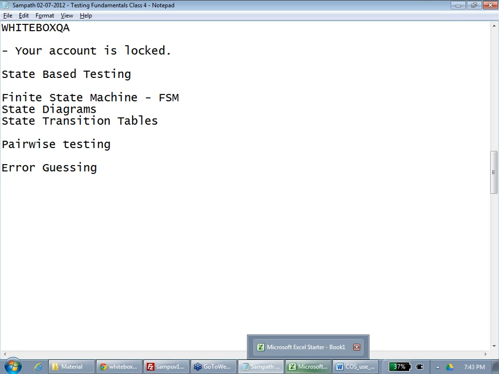For example, you go into the lift and don't press the button. Or you press two buttons. Or you put something on the door so it will never go anywhere. This kind of testing is called error guessing.